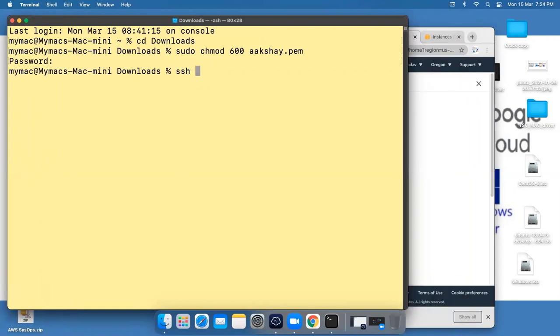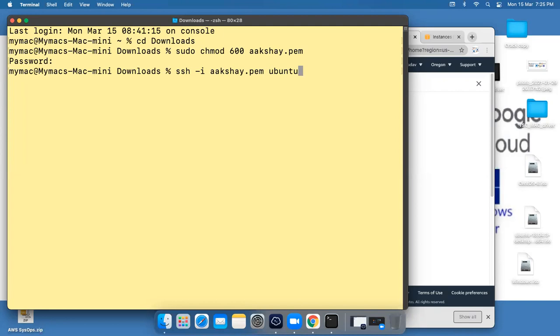SSH is a protocol, the full form is Secure Shell, and the port number is 22. Port number 22 is open in the security group. -i, and my PEM file name is AAKSHAY.pem, and I need to give the username.